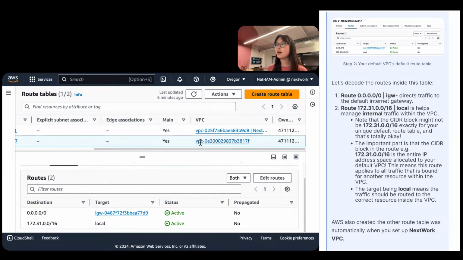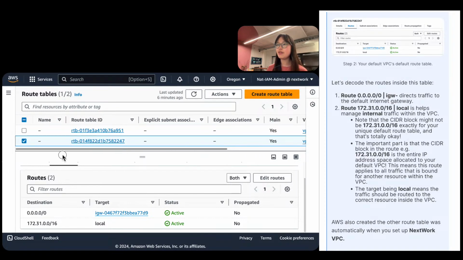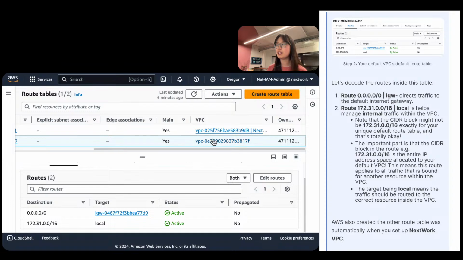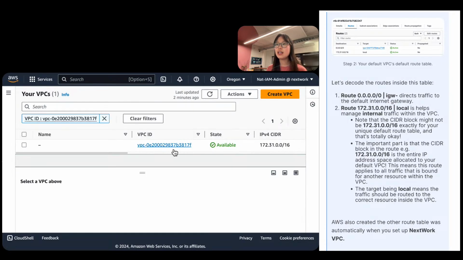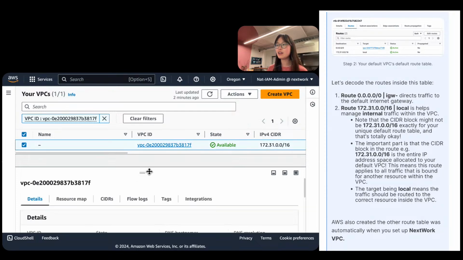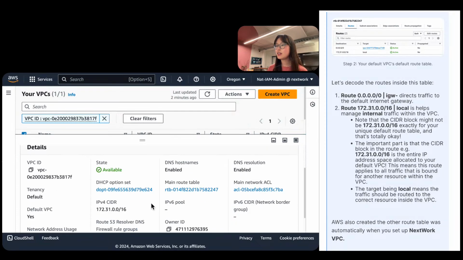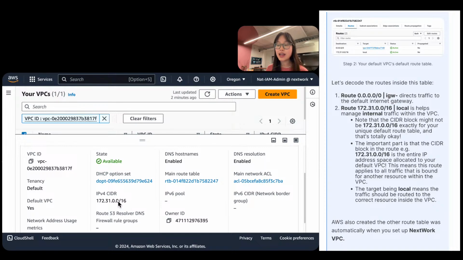So if I were to click on my default VPC, which you can find if you just scroll on your route table and click here, if I were to click on the VPC that's associated with my route table, let's click on this, you're going to see that the IPv4 CIDR block, so the entire block of addresses, the entire block of streets that belongs to my city, that belongs to my VPC, is